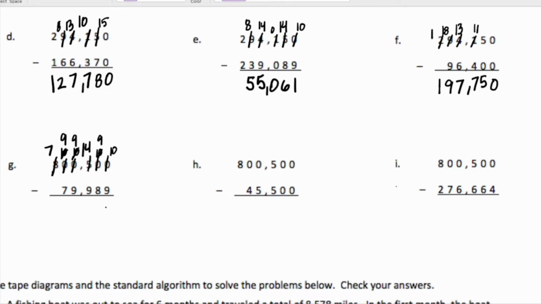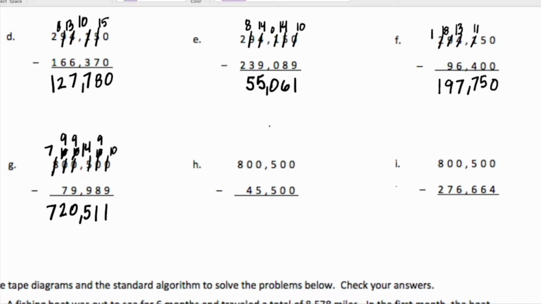10 minus 9 is 1. 1. 14 minus 9 is 5. 9 minus 9. 9 minus 7. And 7. 720,511. On to H. 800,500 minus